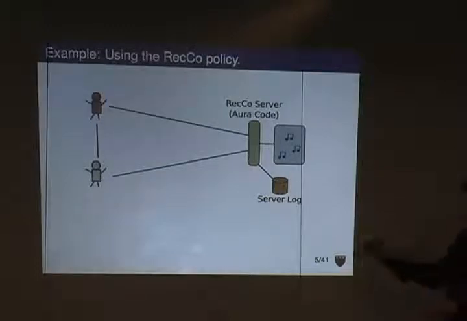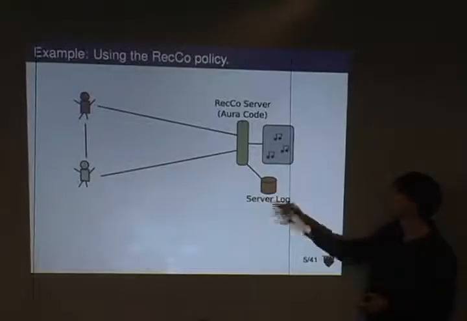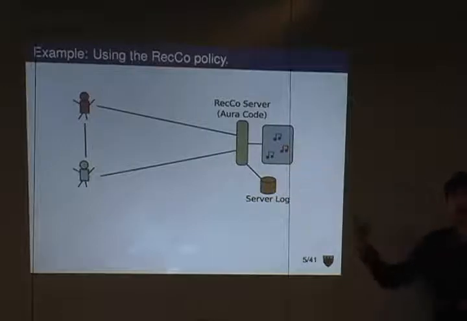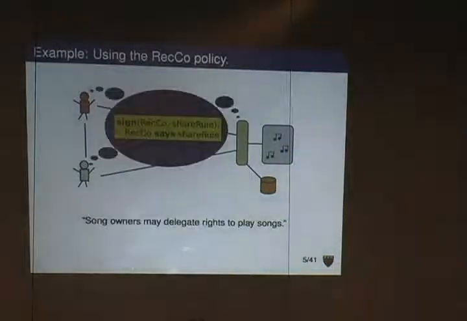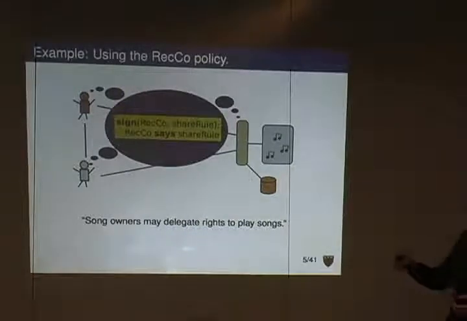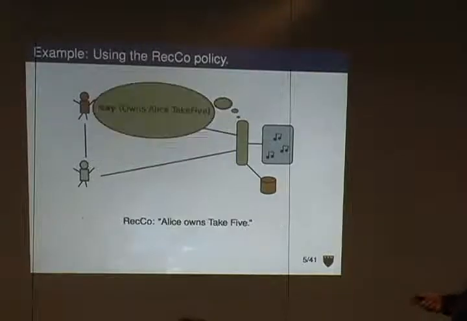First of all, we're going to interpose some Aura code and a log between the jukebox and the other principals. And just for our example, we'll assume that at the beginning of time, everybody has a piece of evidence where the record company is asserting that it believes in the share rule. So this is, again, that rule that you can share music with your friends when you own it. And I'm just going to start out assuming everybody believes this.